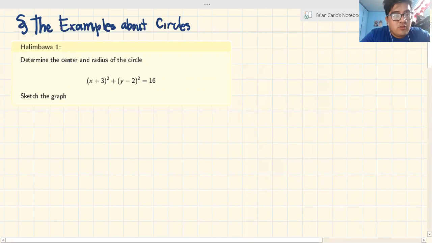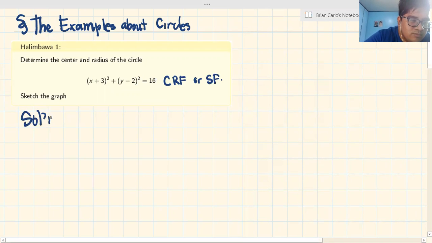Halimbawa 1. Determine the center and the radius of the circle (x plus 3) quantity squared plus (y minus 2) quantity squared is equal to 16 and sketch the graph. Ngayon, we know that this is in the center radius form or CRF or in the standard form. Alam natin yun. Ngayon, let's have a solution. We know that